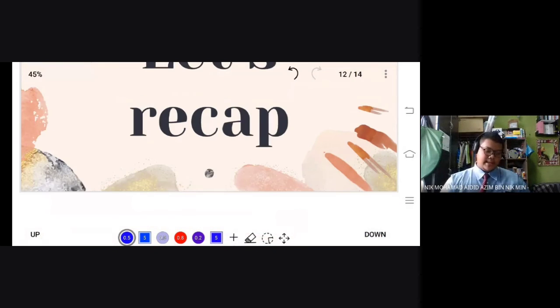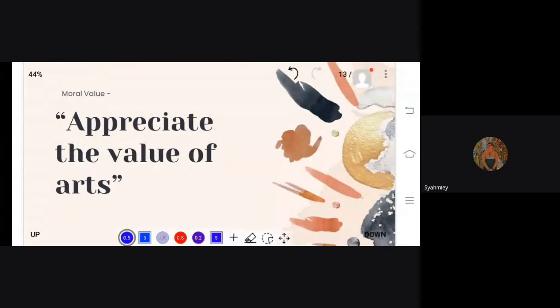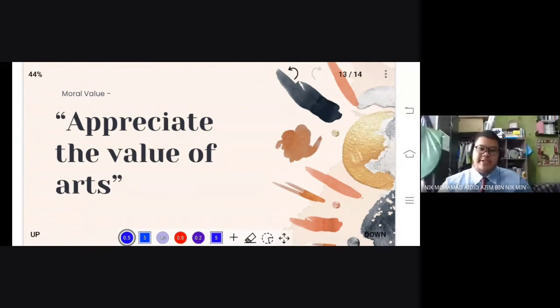Okay, the last one before we end the class. The moral value for today. Can someone read it for me? Appreciate the value of art. Value of art. Okay, appreciate the value of arts. Okay, why do we have to appreciate the value of arts?